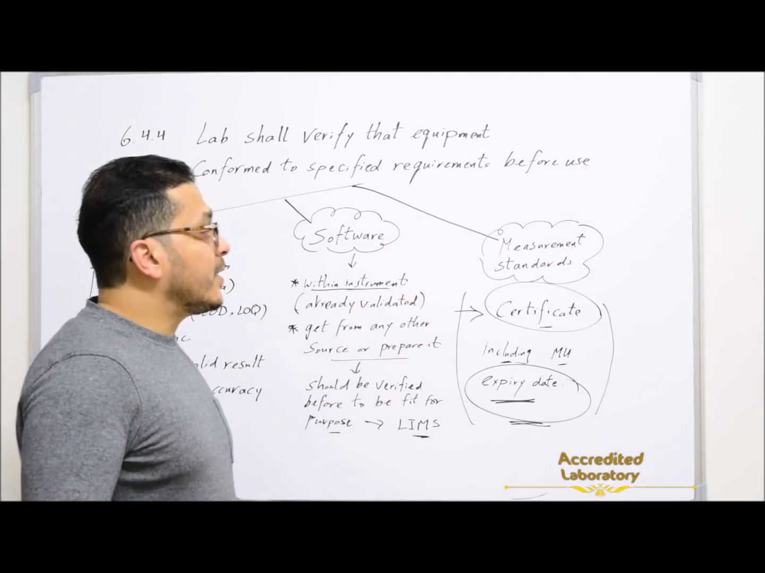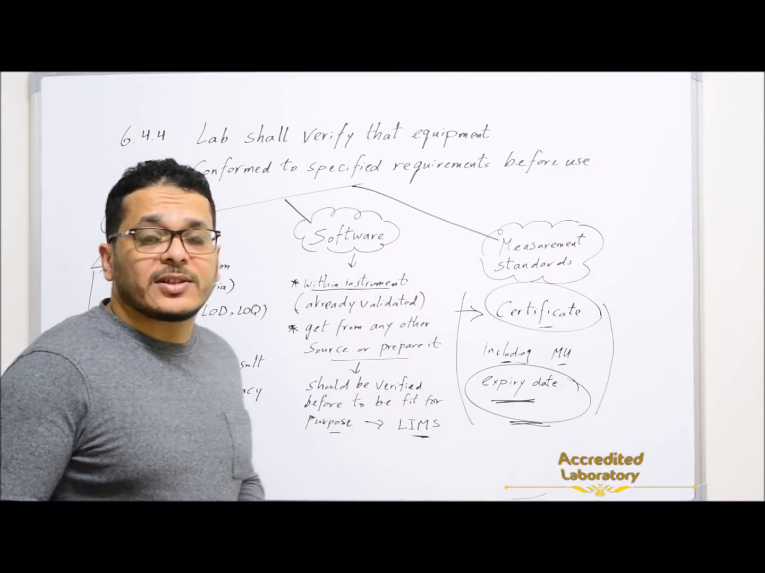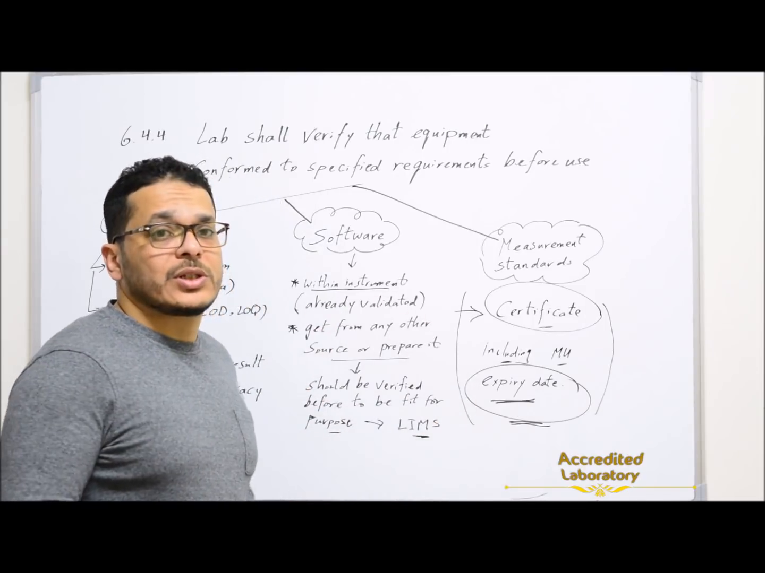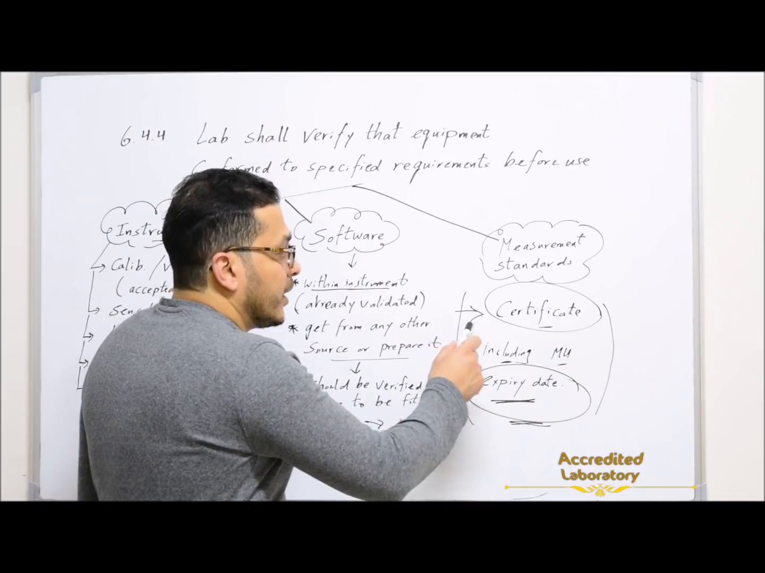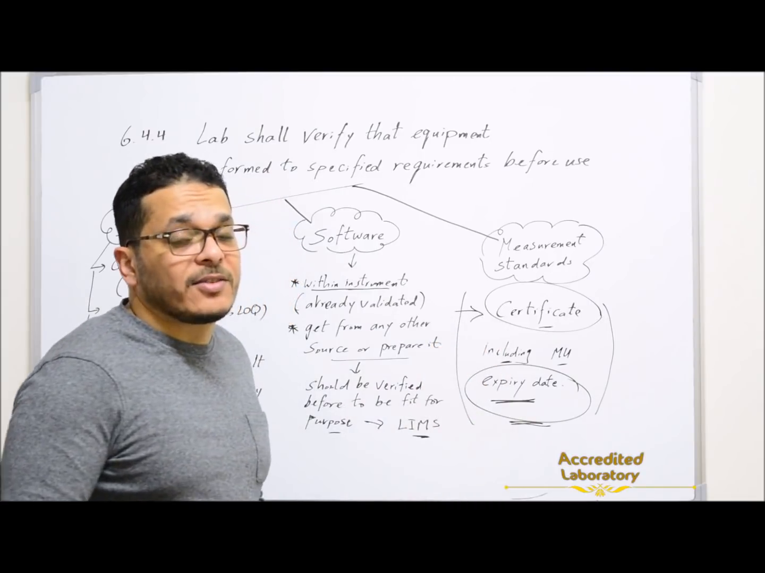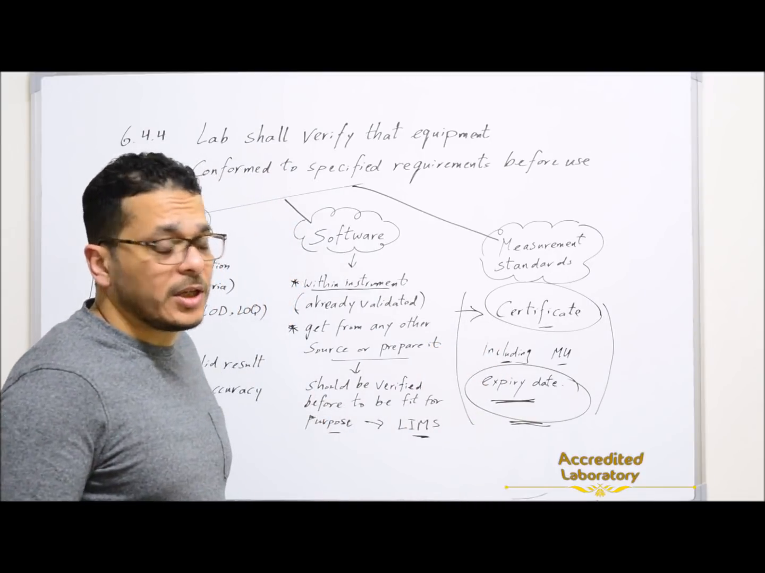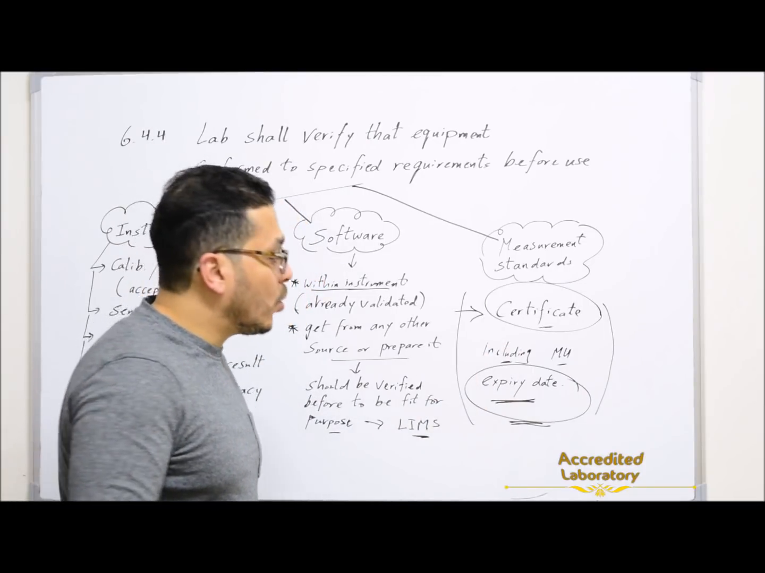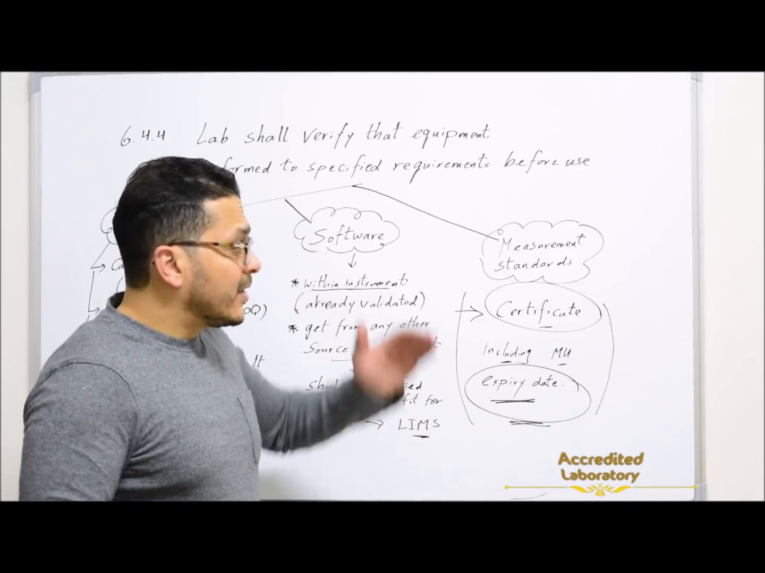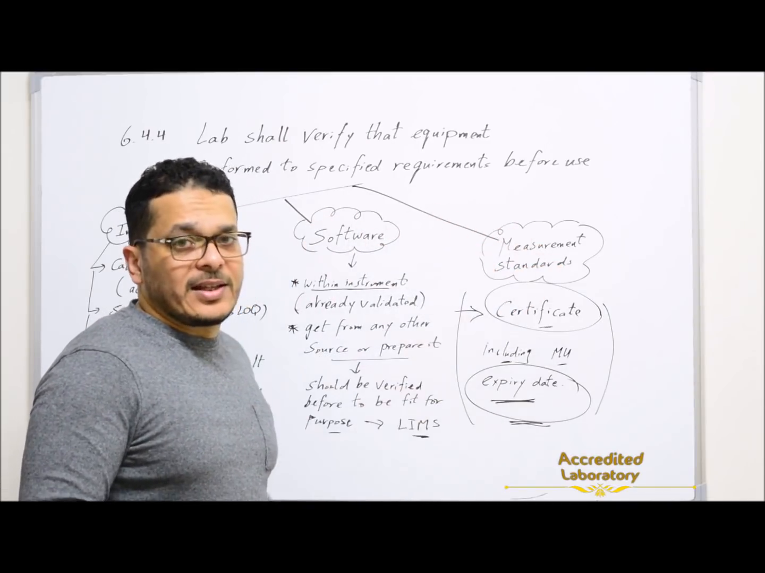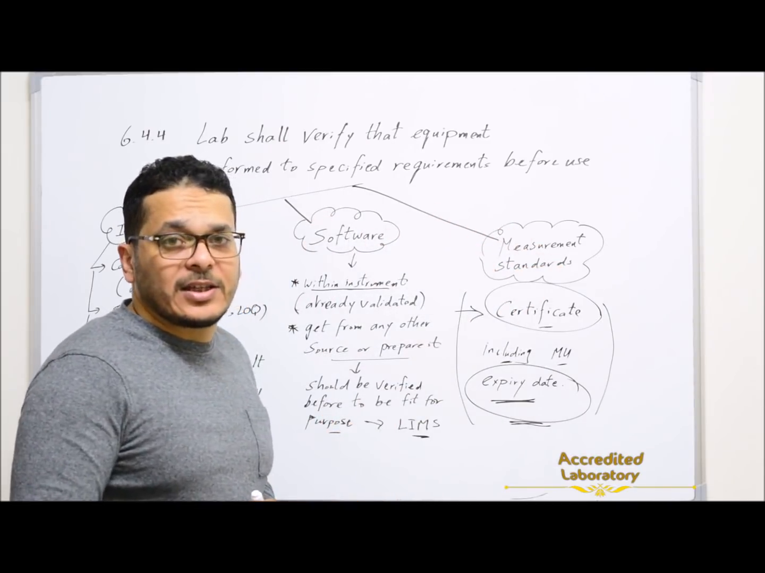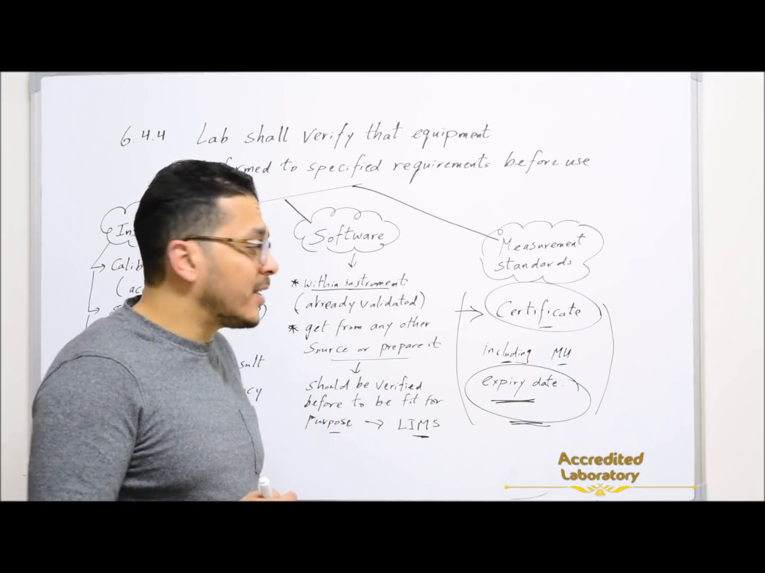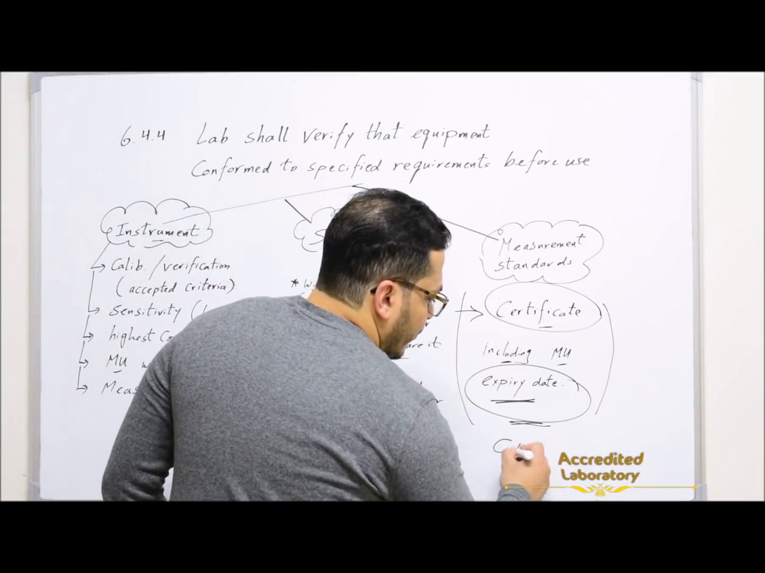Also, measurement standards in the new edition are considered equipment, and they should be verified before use. You will buy the standards with a certificate from the provider company. This certificate includes measurement uncertainty and also the expiry date. From the opening date of these standards up to the expiry date, you can ensure verification. You can also verify these standards by using CRM,